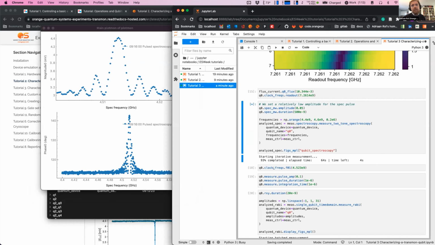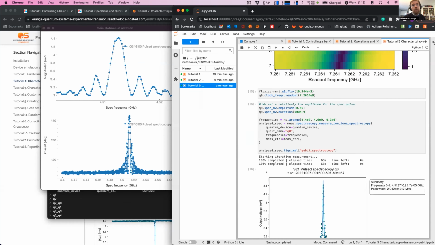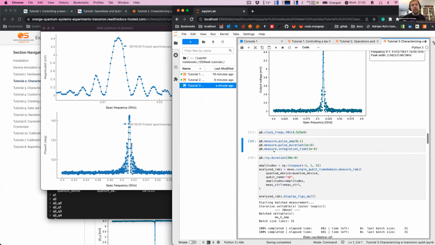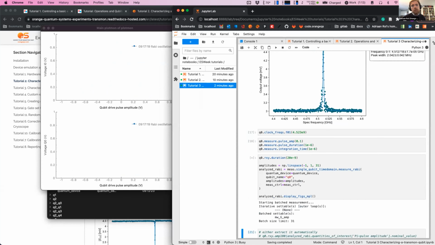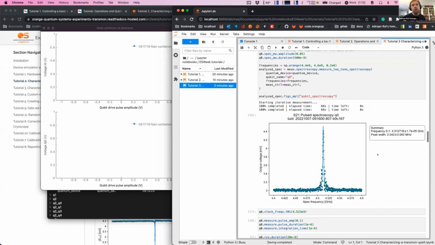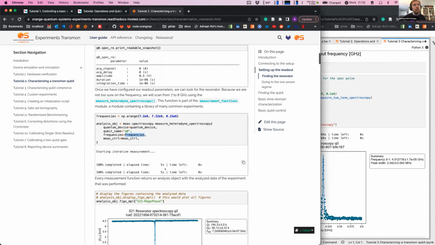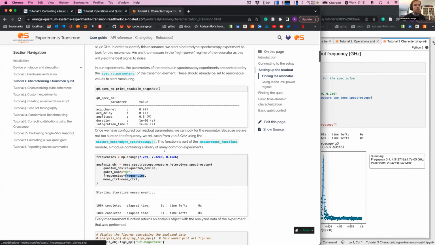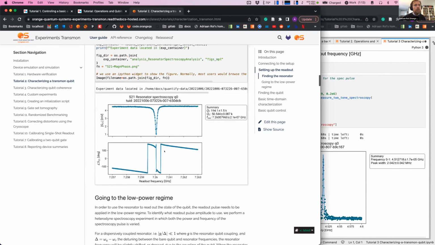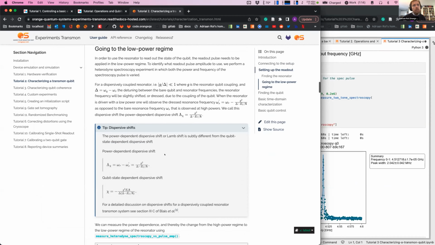Once we have set the frequency based on this experiment, the next thing we always want to do, if you find the qubit, is start running the Rabi experiment. Now, an expert might point out, how do you know so well where to look for the qubit? Really, you don't. Well, we put some explanations here as well on the dispersive shift, the power-dependent shift and the state-dependent shift.